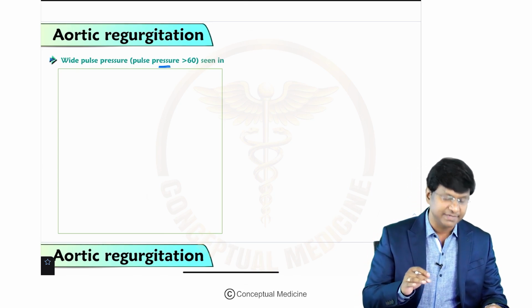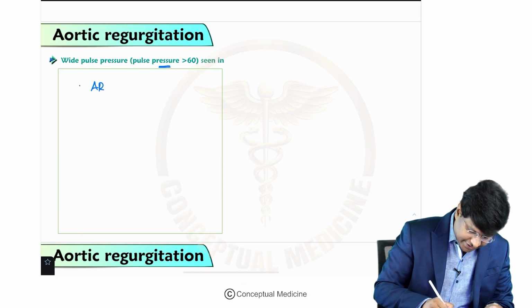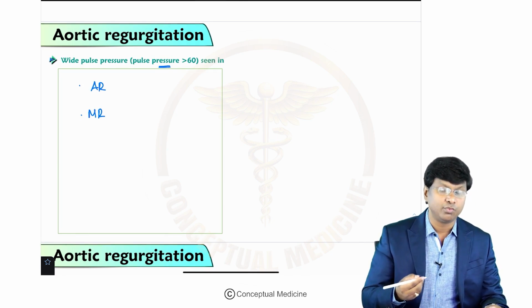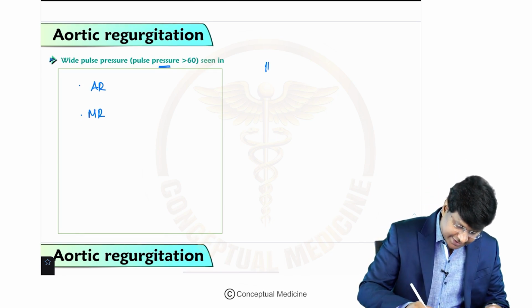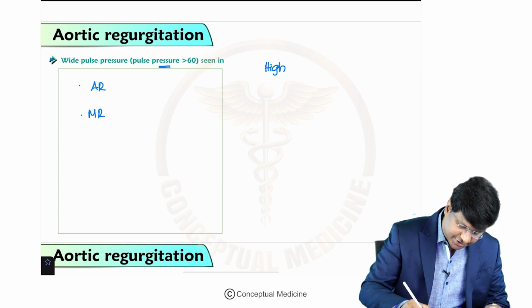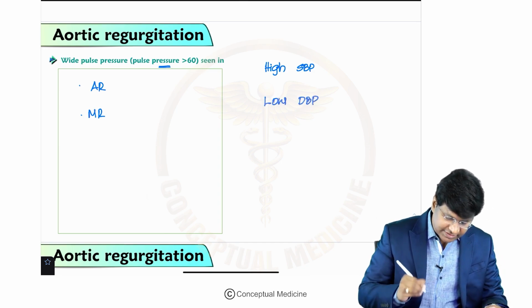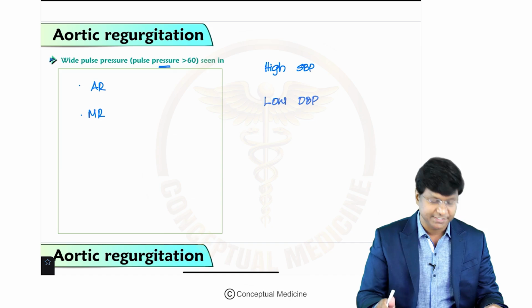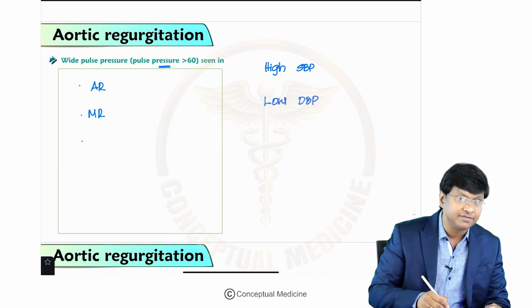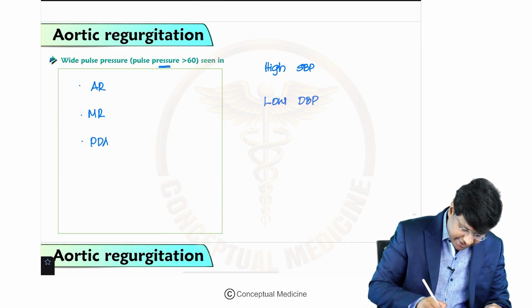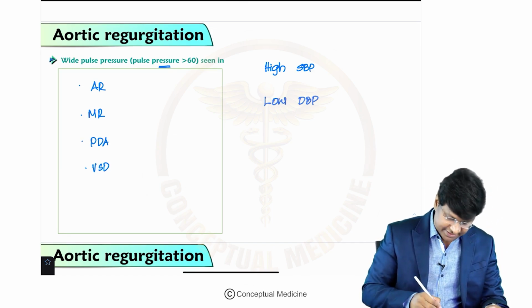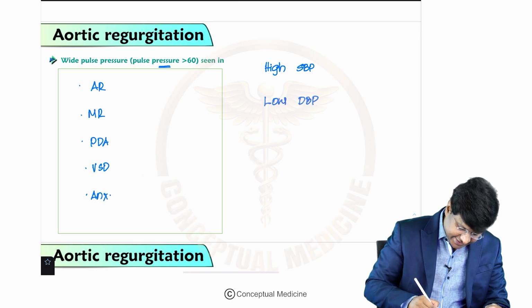And we have wide pulse pressure in patients with aortic regurgitation, then mitral regurgitation. So why will you have wide pulse pressure? That is due to high systolic blood pressure and due to low diastolic blood pressure. That is the reason why you have the wide pulse pressure. And the other scenarios where you have wide pulse pressure are PDA, that is patent ductus arteriosus, then VSD, that is ventricular septal defect, next anxiety,